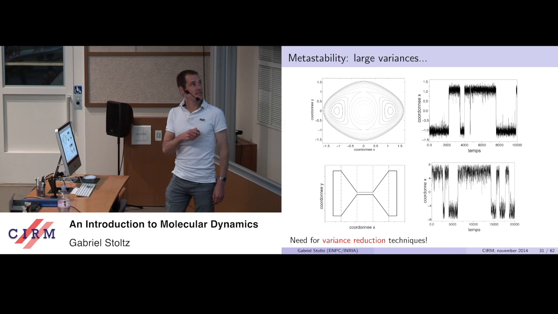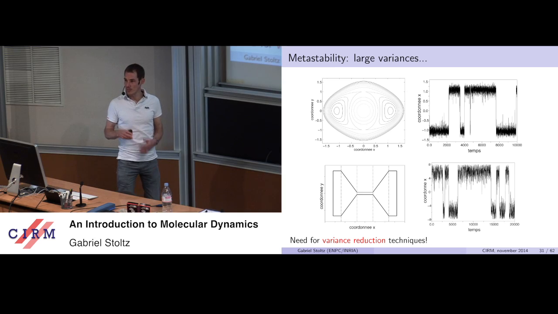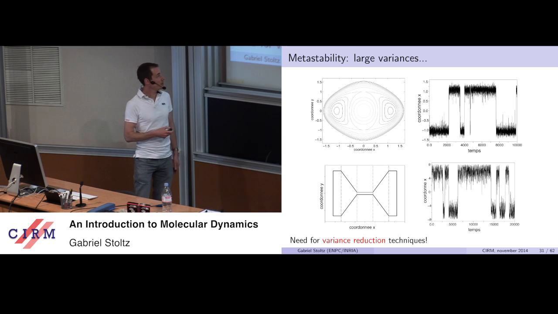Another example is this entropic barrier potential. So here the potential is plus infinity outside this bone-shaped region where it is 0. So the dynamics can freely move here, until it finds its way to the other side, and then it will freely move there. So in this case, there is no energetic barrier which prevents going from one state to the other one. It's an entropic barrier. It's simply that the path is too narrow, and if you explore it in a diffusive manner, it will take you a long time to go from here to there.